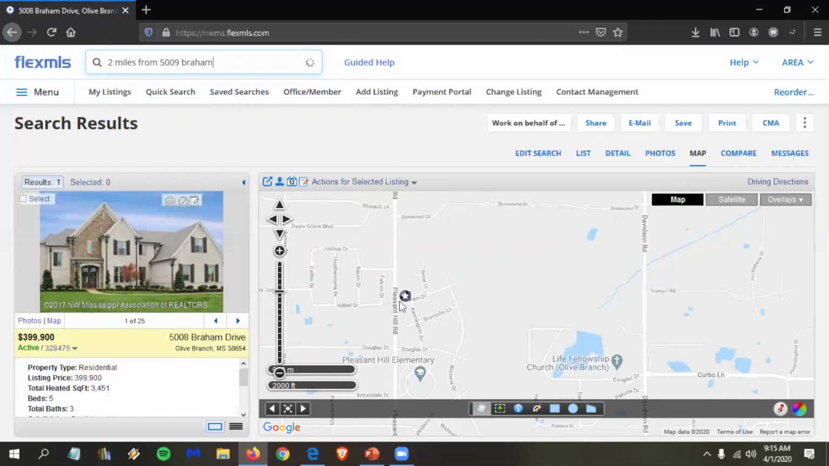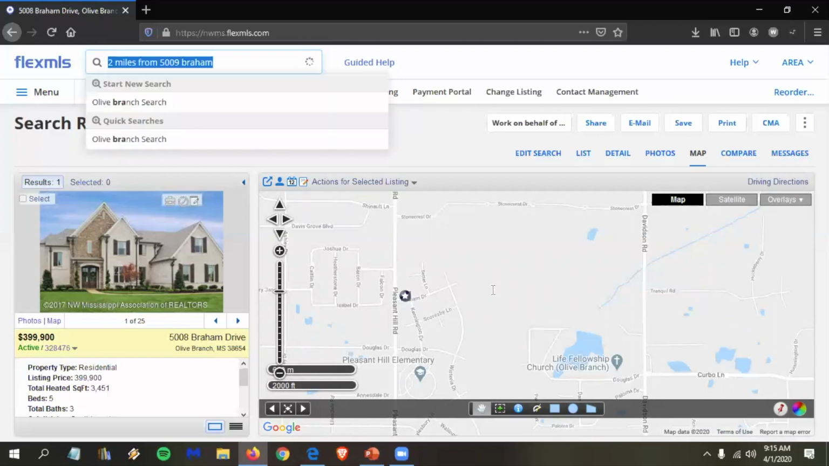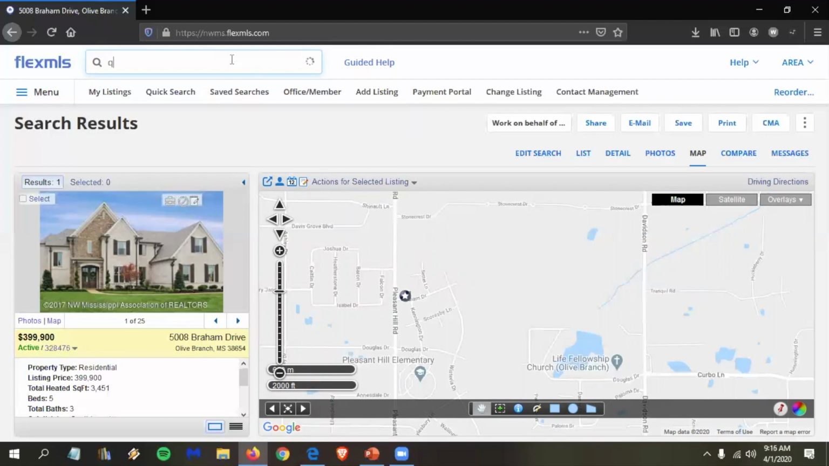When you send this information to Google, it plots it with that address, and then it puts the radius around that MLS number. So that's how you would do an address search. Now, I can do 1 mile from, 2 miles from, 5 miles from. I can also do